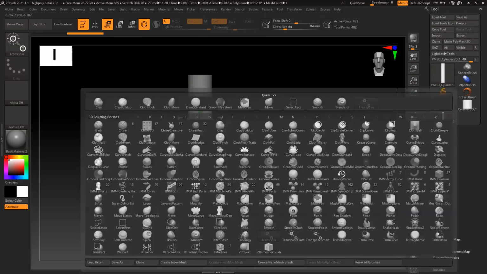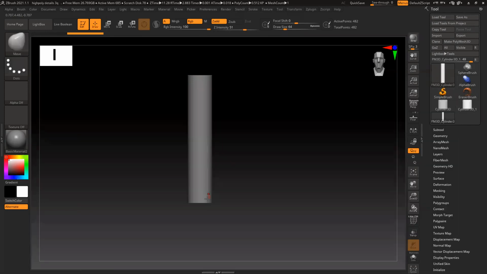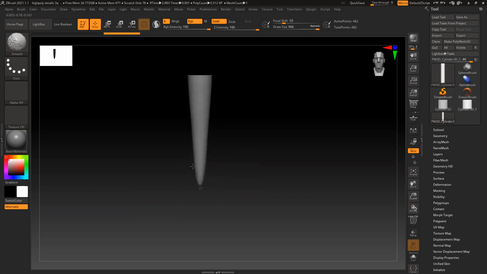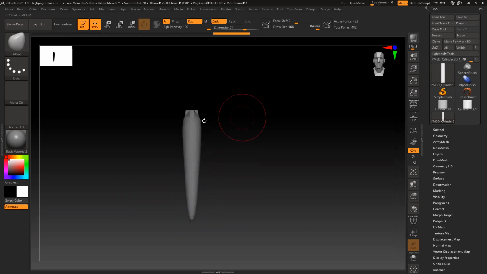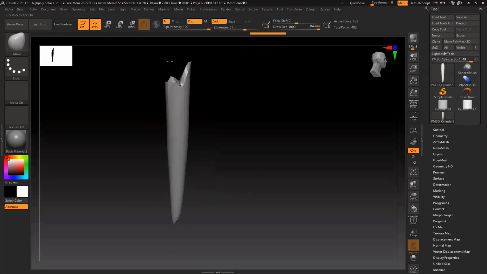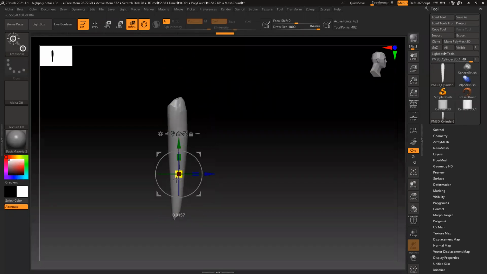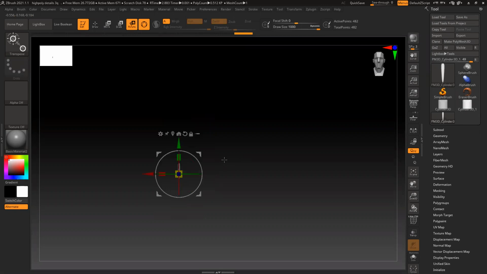So the DamStandard move brush. Let's see. Like the tentacle kind of thing you have. Reduce the size.